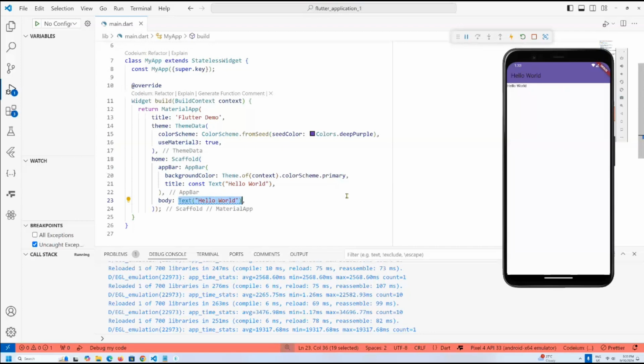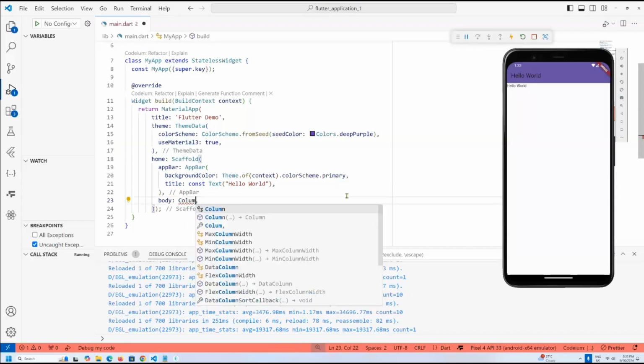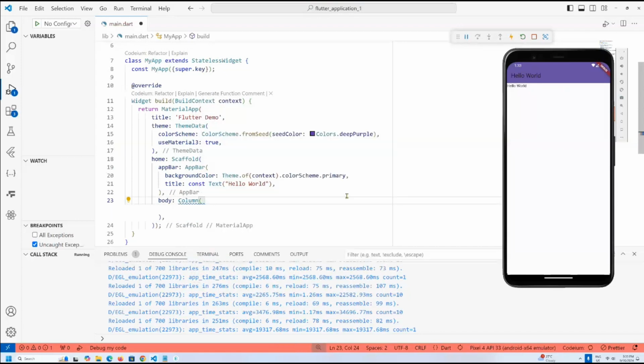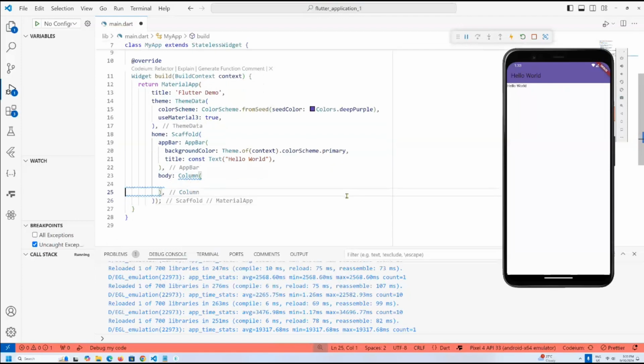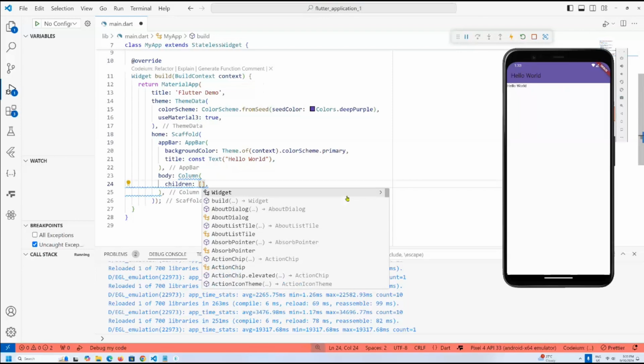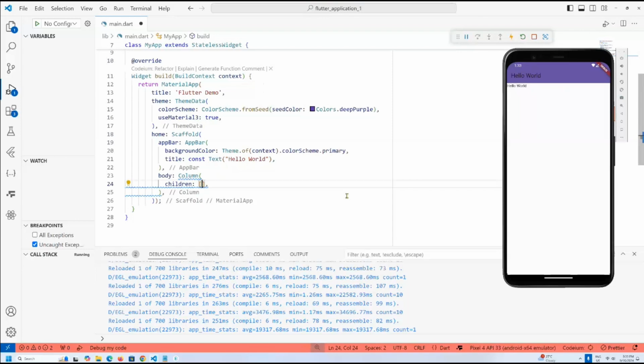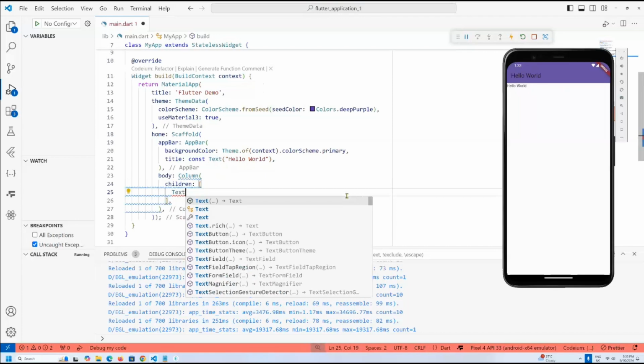So for example, for a column widget, which basically allows us to accept what we call children, sorry. So inside the column widget, we can have a children parameter which is defined in an array. So children basically allows us to accept multiple items, multiple widgets here. So you can have more